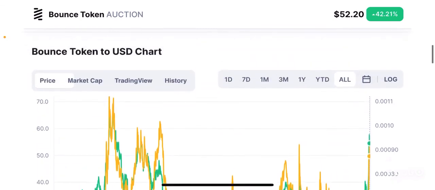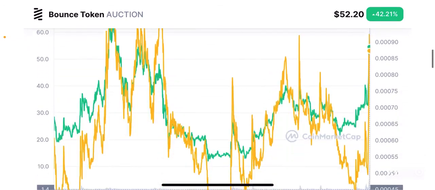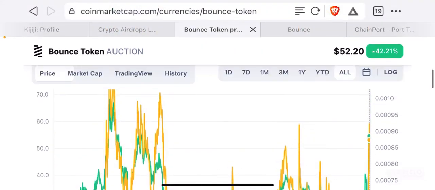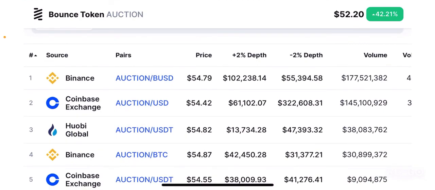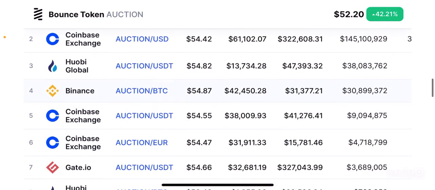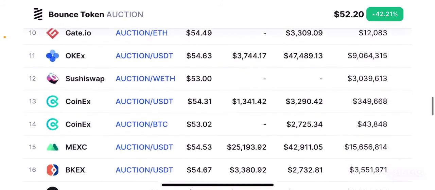So this token definitely has a lot of price potential upwards and can definitely explode, right? When you take a look at the markets themselves, this token is available on Binance, Huobi Global, Gate.io, and OKEX, which are some of the most popular exchanges.